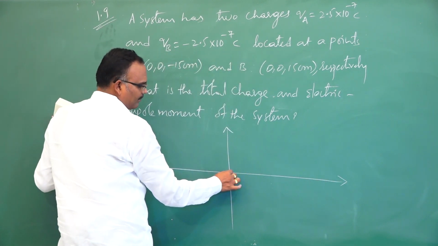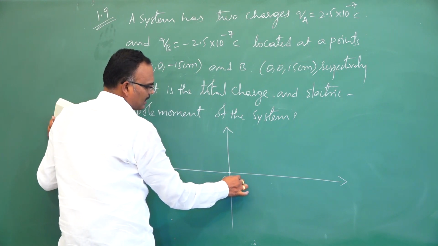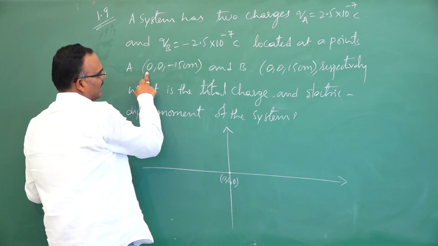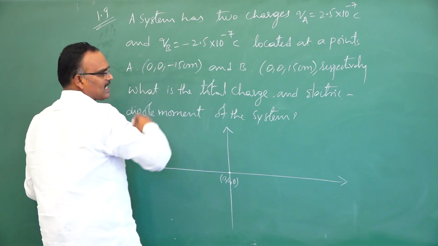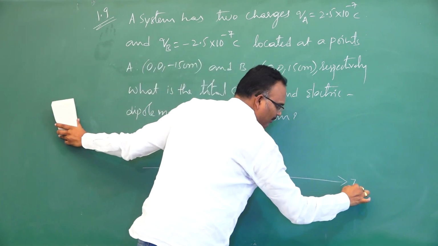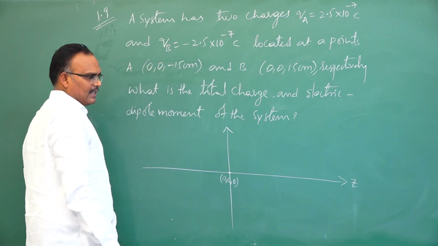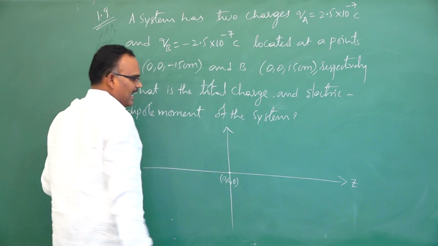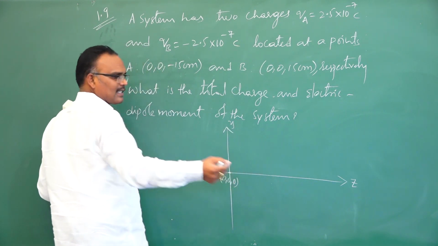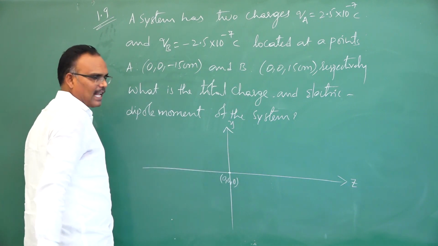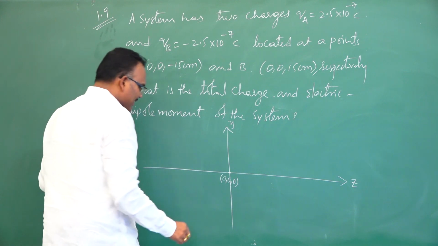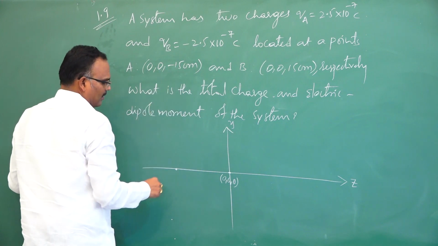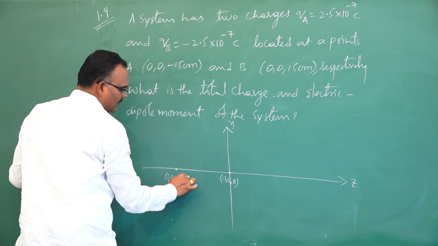Okay, this is origin 0, 0, 0, x, y, z. Here x coordinate is 0, y coordinate 0 and z coordinate is minus 15. So for my convenience I will take the z axis here. No need to always have the x axis. I have taken the z axis here, I will take the y axis, and the x axis will be towards you positive and negative x axis will be inside. But first charge is located at a distance minus 15 centimeter along the z axis. So that's why this is 0, 0, minus 15.